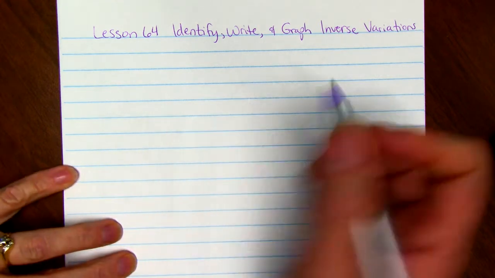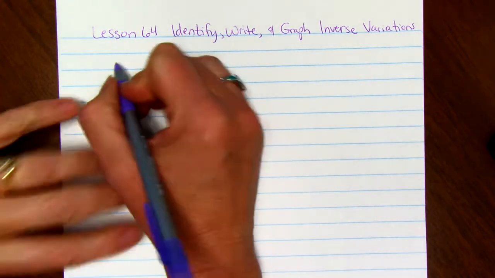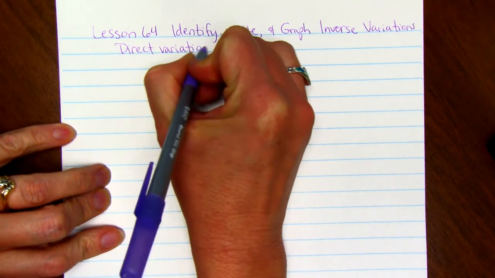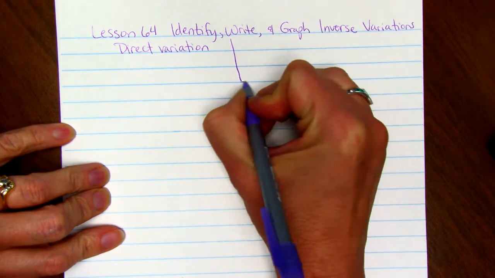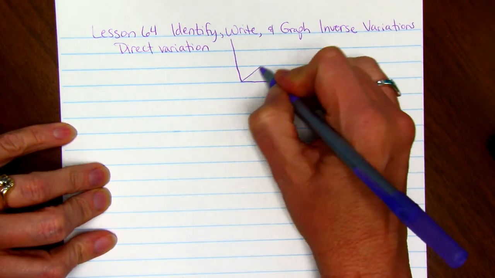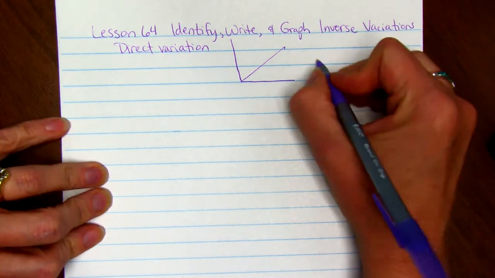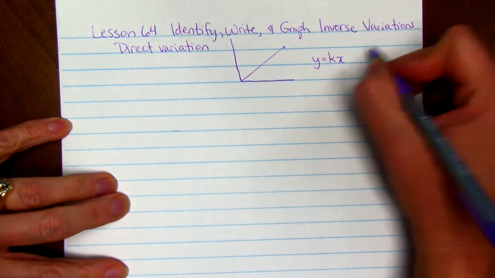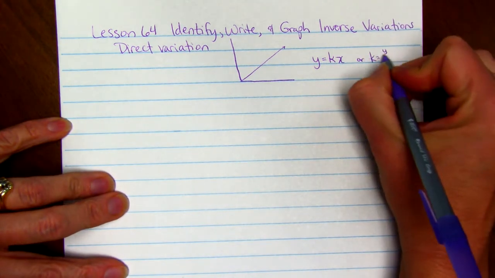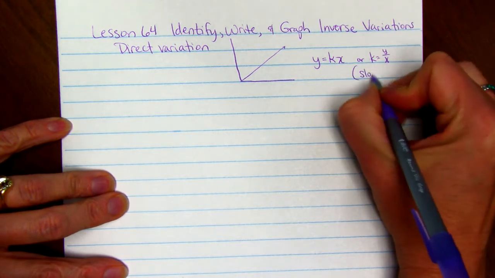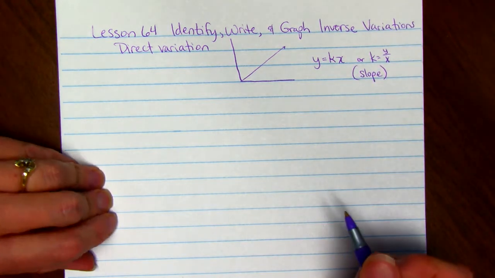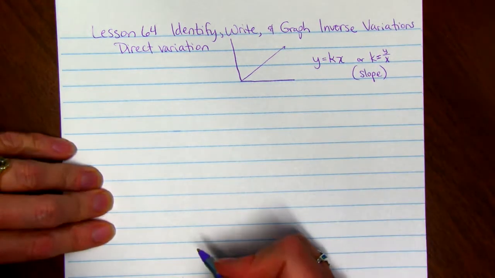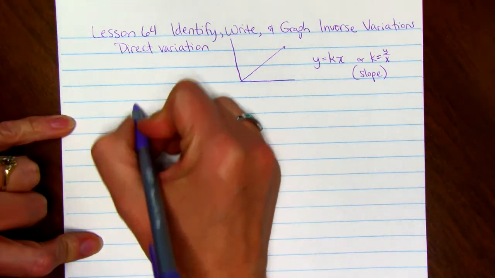So we want to remember direct variation. We've talked about this before. Direct variation is points on a line that goes through the origin. It has the equation y equals kx, where k is a constant, or you could say k equals y divided by x, and we sometimes call that the slope. So it's a line with a slope, but the y-intercept will be 0, so you won't see a plus b there. Now, inverse variation